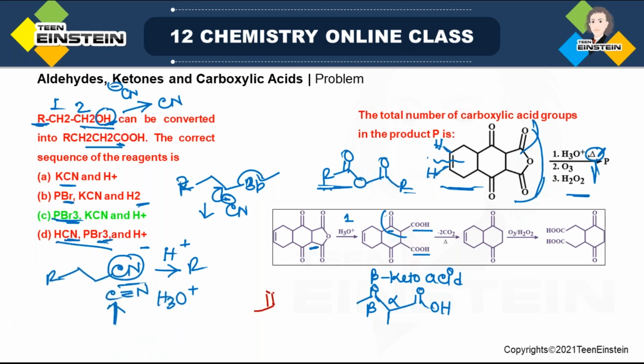So if I write the molecule, only the beta keto part I am considering, CO. So the CO2H group I am writing in this way. There is a special reason for that. So now this type of mechanism will occur. This CC bond will be broken. There may be any group or not, that is not important. But ultimately what you will get